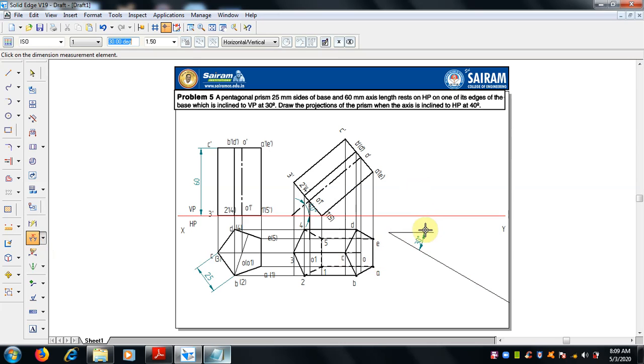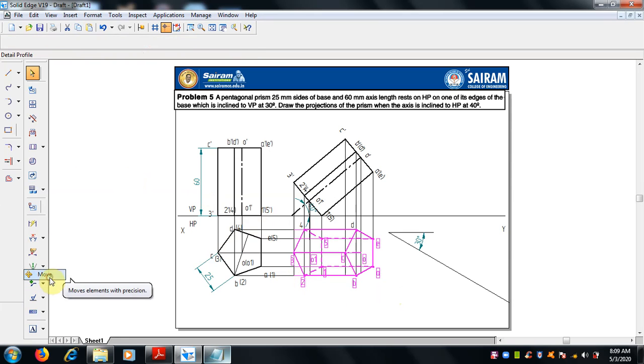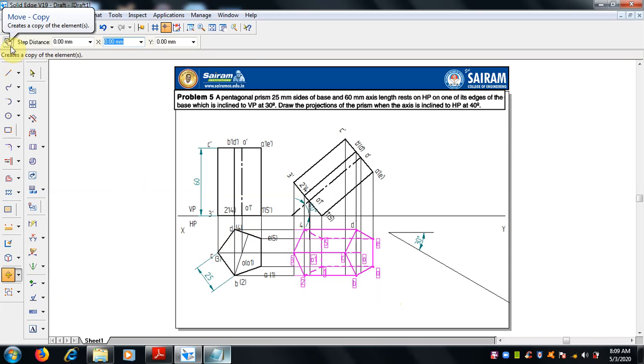Okay, why I have shifted is because this portion should not exceed this, so we have made it a little bit down. Select the entire thing. Now we use the move command, with copy, we have to move not fully, the copy should be moved.